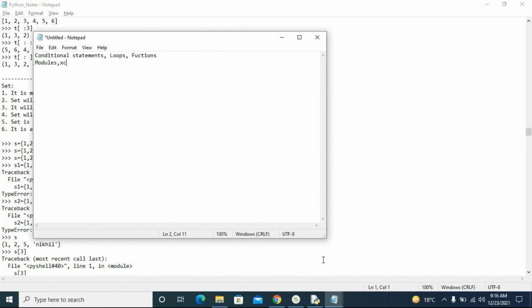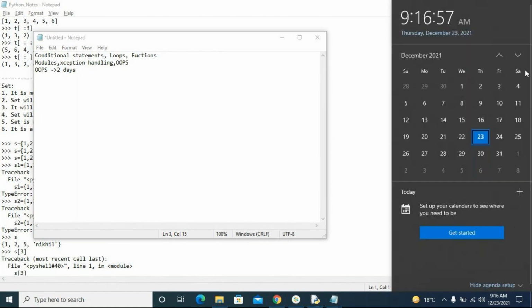After exception handling, I'll start with object-oriented programming. I'll complete object-oriented programming in 2 or 3 days, which will take the next 4 or 5 days. Clear, right, everyone?